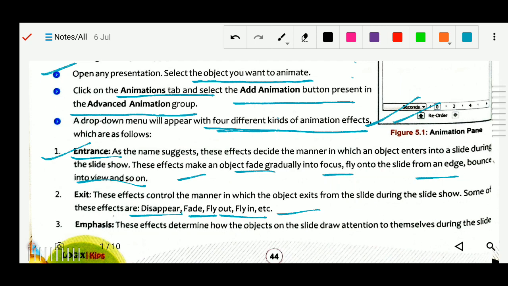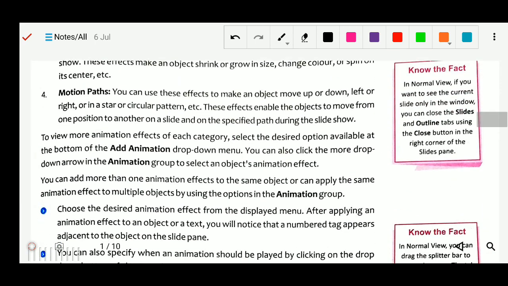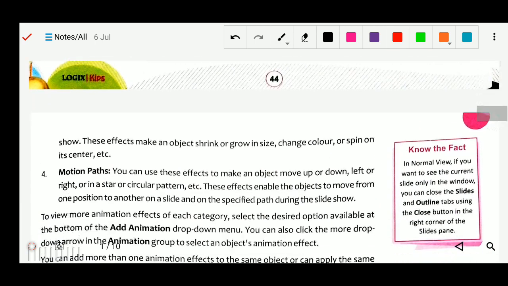So it will look attractive and get noticed. So to emphasize, we can increase the size, decrease the size, change the color, or spin it. All these activities we can do on that particular object.